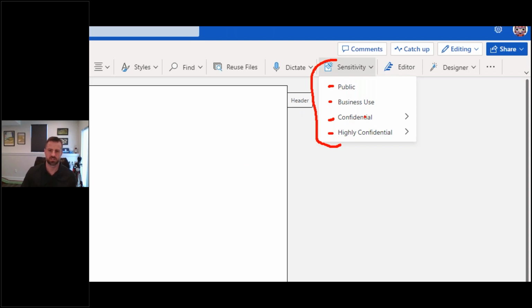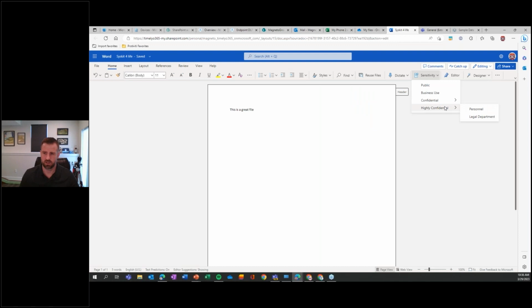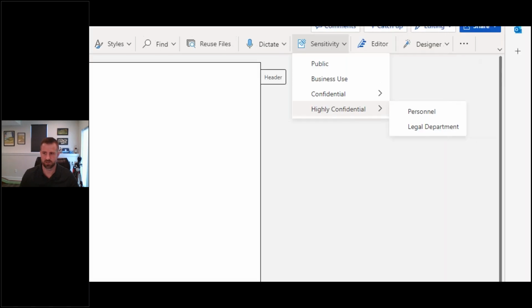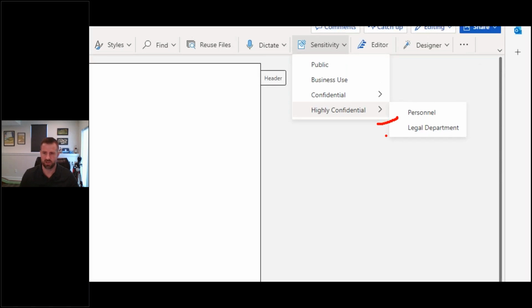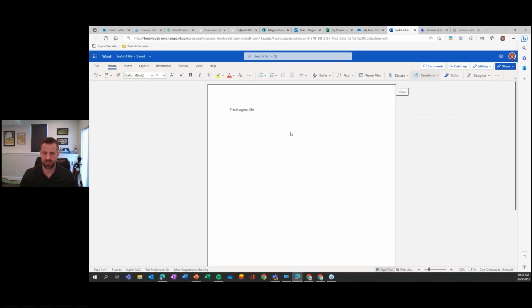So you could actually set these things by default. I could say everything by default is business use. I could set everything by default to confidential. I could require the user to enforce a classification. And you'll see I also have the hierarchy. So if I go into, let's say, highly confidential, I have a personnel file, a legal file. These are all things that will help identify the sensitivity